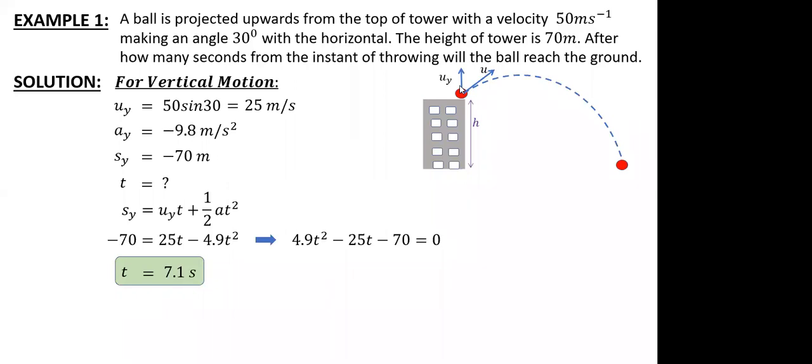Yeah, Aditya, tell me. Sir, I have asked my doubt in the chat. Yeah, wait, I'll just check, Aditya. Okay. No, I cannot use h is equal to half gt square because it is not related to a free fall. H is equal to half gt square is applicable whenever the initial velocity is 0. But here initial velocity is 50 sine 30. So I cannot use that formula, Aditya.